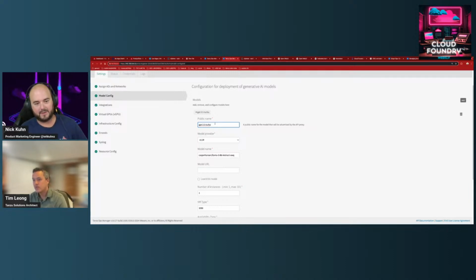So there's many providers that resurface that functionality. And we want to advertise public names on that model. And we want to advertise the GPT-3.5 Turbo. That's an actual OpenAI model, right? But we want to